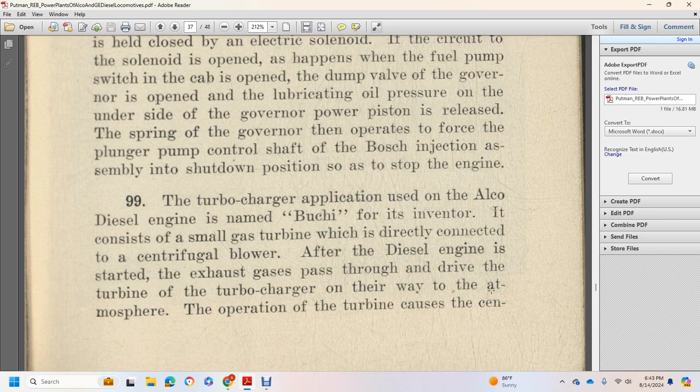99. A turbocharger application using the Alco diesel engine is named the Büchi for its inventor. It consists of a small gas turbine directly connected to a centrifugal blower. After the diesel engine is started, the exhaust gas is passed through the drive of the turbine of the turbocharger on its way to the atmosphere. The operation of the turbo causes a